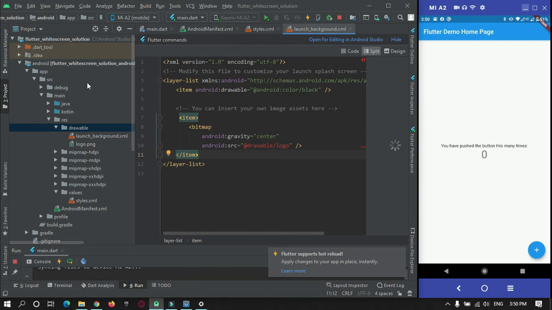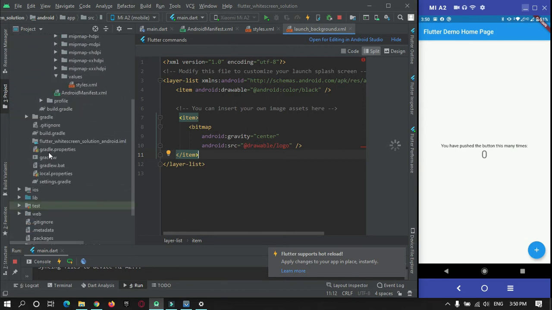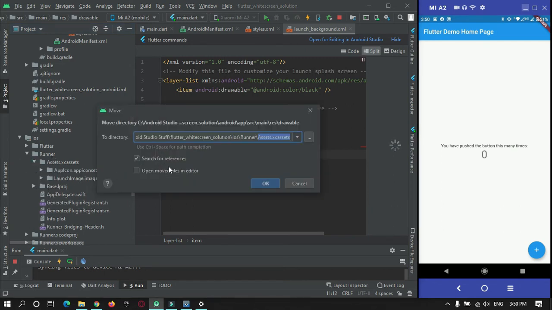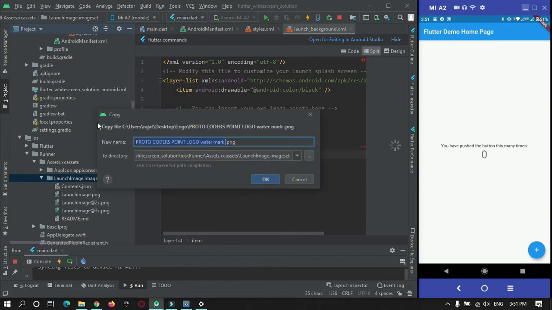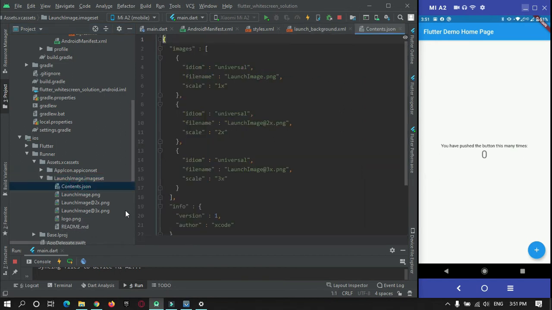This can be done in our iOS folder also. Just go to ios, Runner, Assets.xcassets, LaunchImage. You need to copy the image over here, logo.png. After you copy the image, open the Contents.json file.